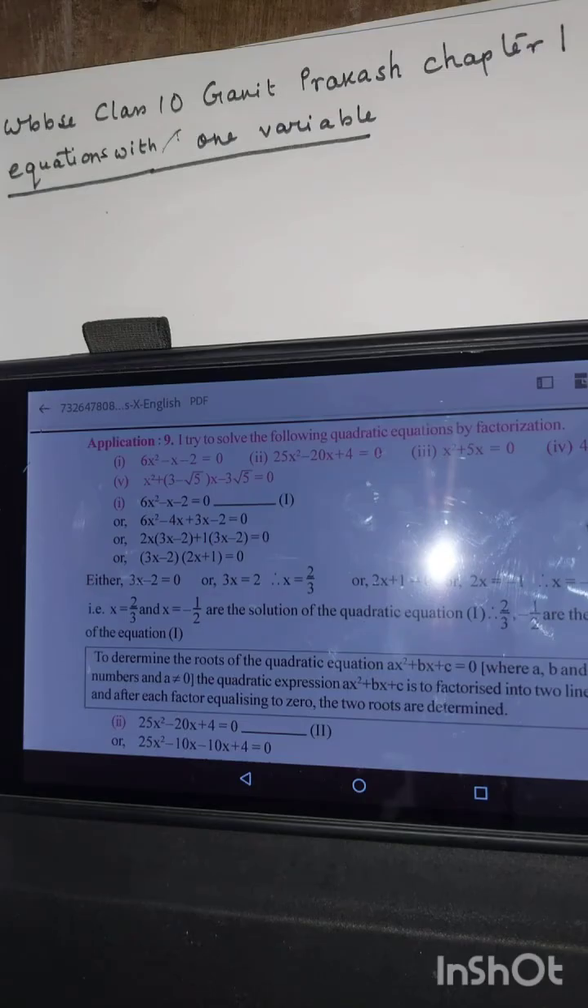Now I am going to start chapter 1.2, but before that I am going to discuss some questions from the examples that are given before chapter 1.2. These examples are related to chapter 1.2. So today we are going to